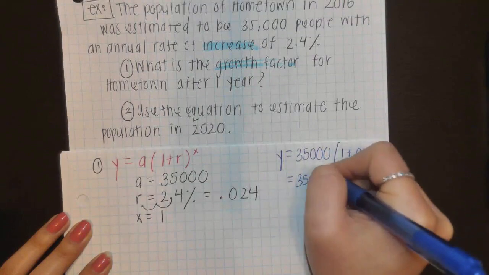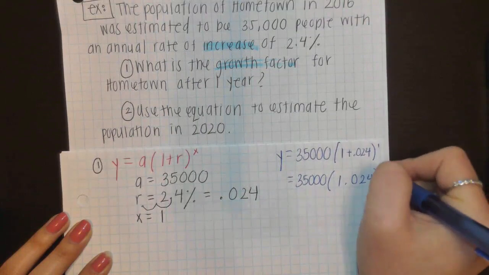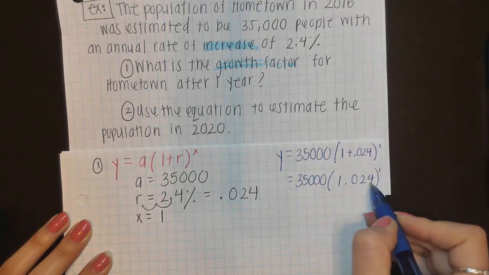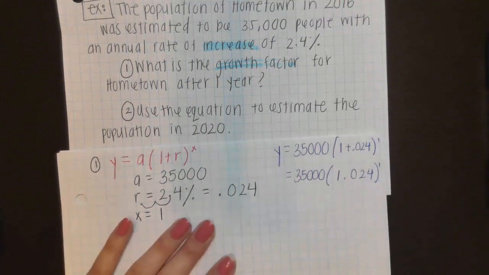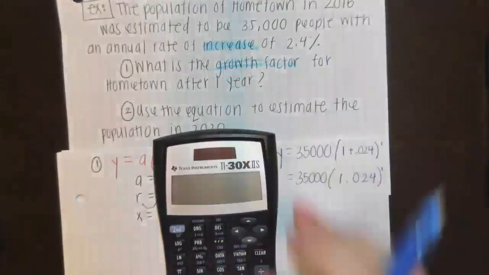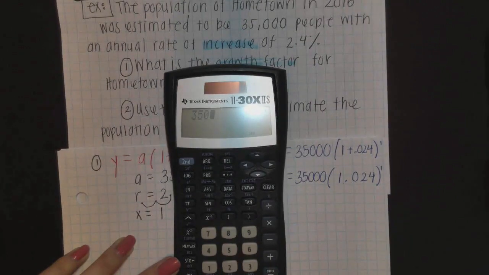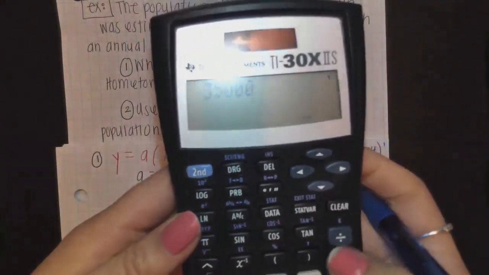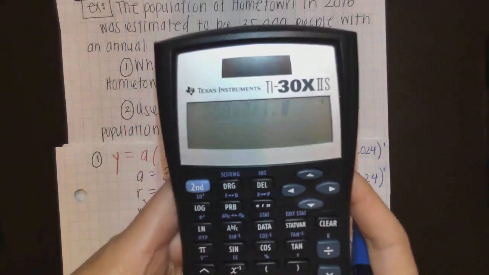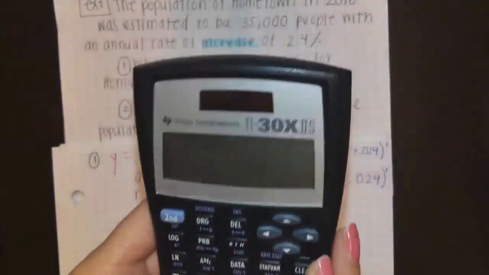So this will be 35,000 times 1.024 raised to the first power. 1.024 raised to the first power is still 1.024. So all you have to do is take your calculator and multiply those two numbers together. I have my calculator here. Again, you guys should be following along with these. So I'm going to do 35,000. It's a little hard to see, there's a glare, but it's 35,000 times 1.024, and that essentially gives me